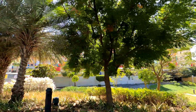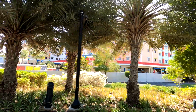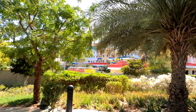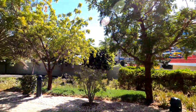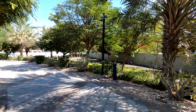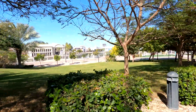But I never got the opportunity to film the front of that hotel or to take a photo of anything of it, which is really annoying. But again, it is what it is, so it doesn't matter. We can get to see the external fascia and just how big this hotel is. But this is one of the only hotels now that I've never got into when I've had the opportunity of